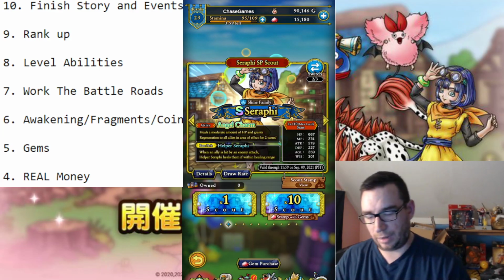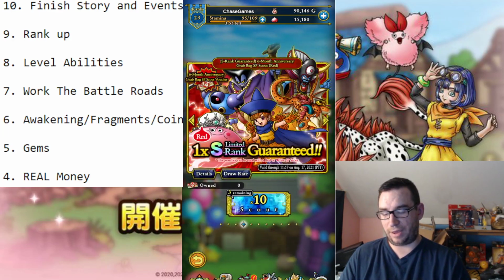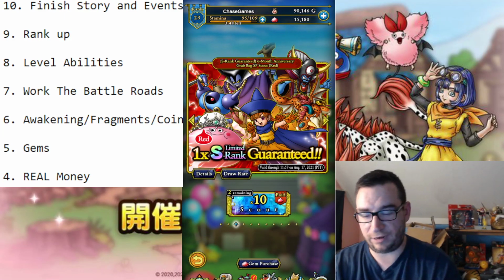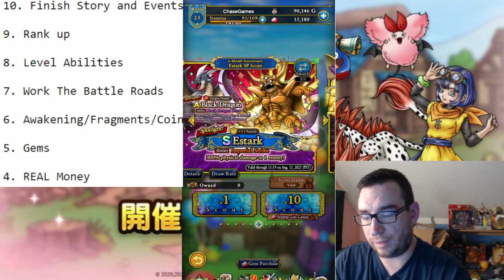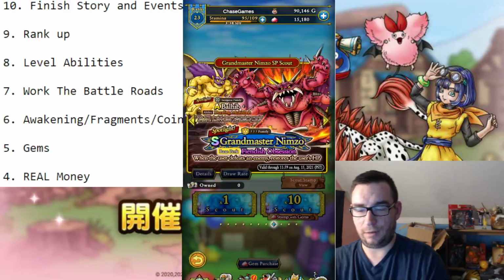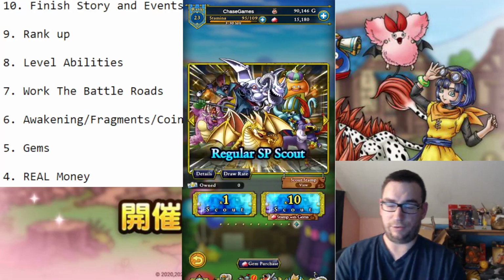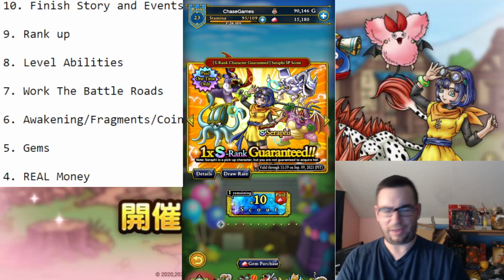Okay, real money. Now, looking at these banners while we're already here, you see that some are paid only. All right, if you want to spend money on this game, some of these paid only banners are pretty darn good. Now if you want to do, like, say, the ones that come with every banner, the only one I haven't done so far is Seraphy. So for 3,000 paid only gems, I don't know if you guys are used to this, it's fairly obvious, but